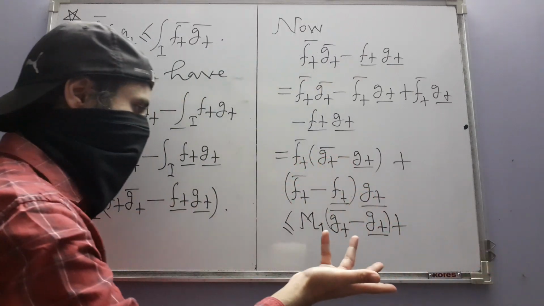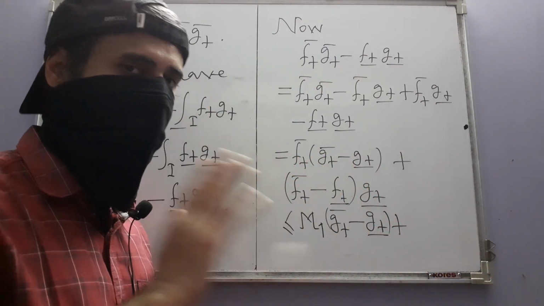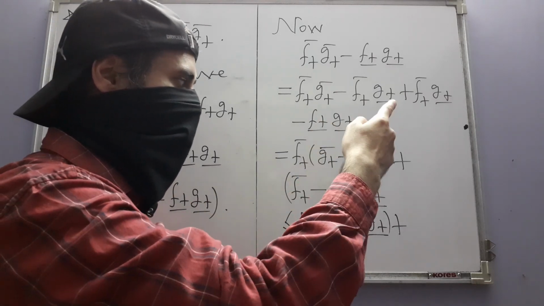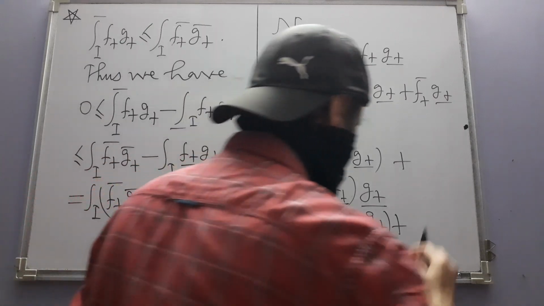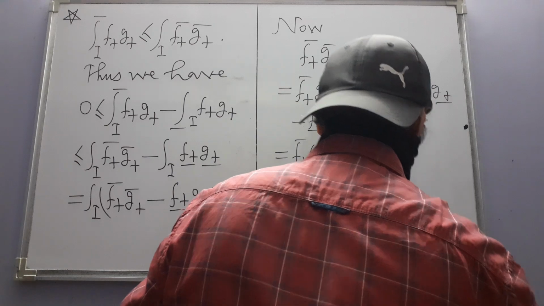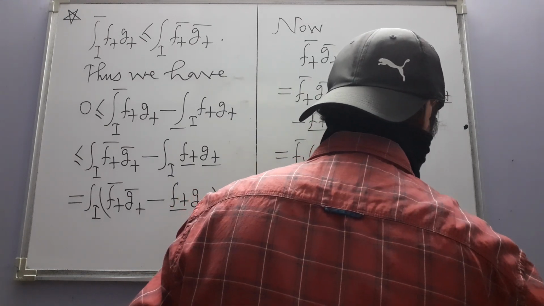Well, that is also true, because g plus underscore is first of all less than or equal to g plus. Then g plus is less than or equal to g plus bar, which in turn is less than or equal to m2. So obviously this one can be replaced by m2, and